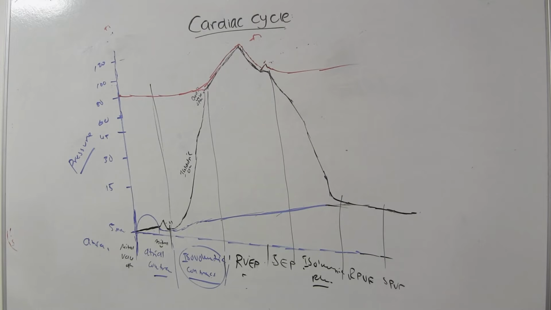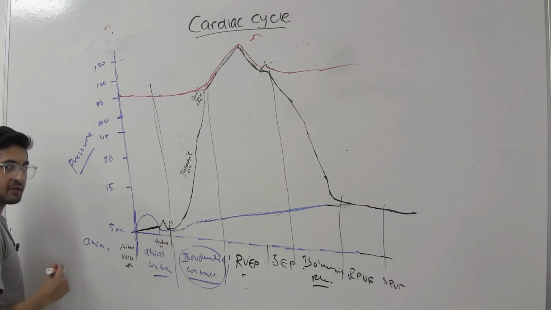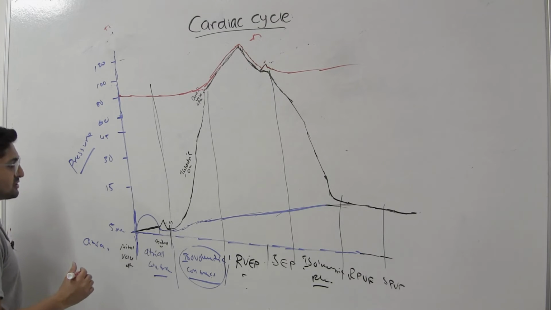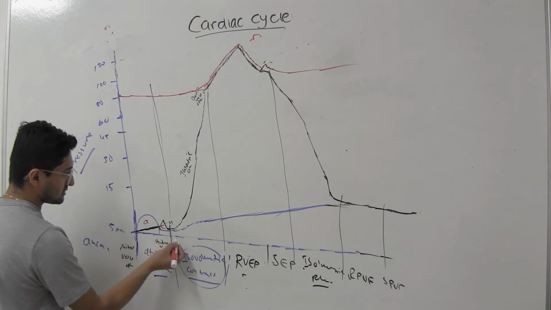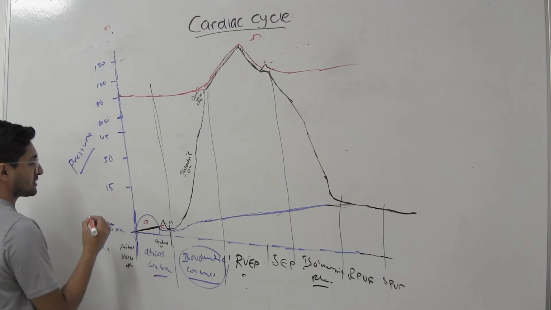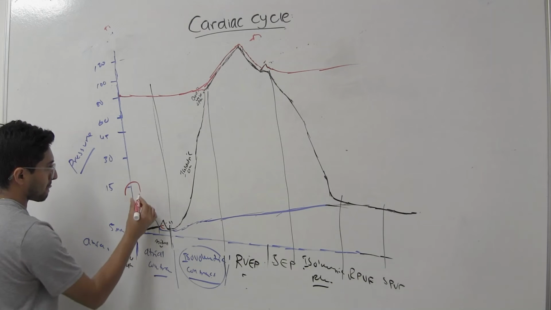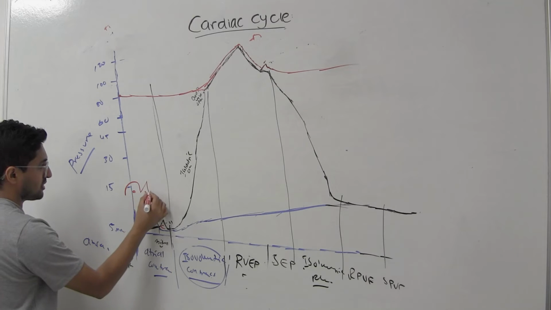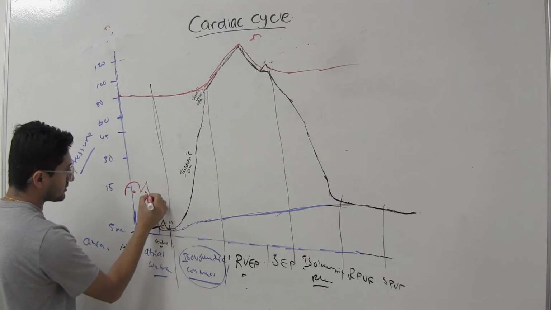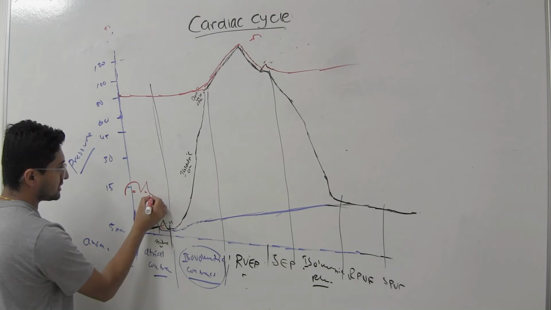What is happening there? Let's now put the EKG there too, right? Remember, this is electric, and this is a mechanical event. So a mechanical event always happens after. First happens your electrical event. So when the atrial contraction happens, obviously this is the C wave, right? Whenever the atrial contraction happens, you start from here, like this. And then you'll have this, which is a C wave, and then obviously in the isovolumetric contraction, this is where you're going to see